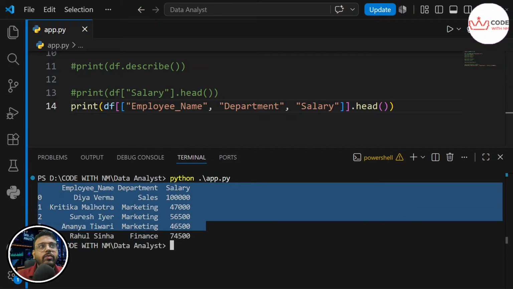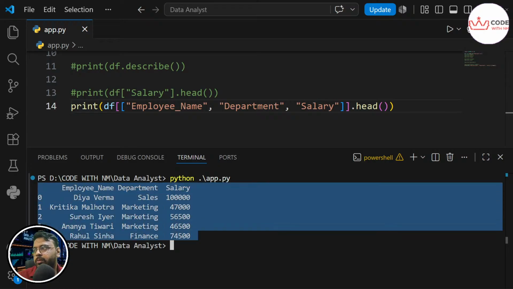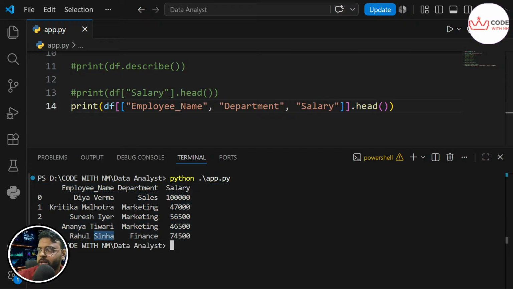So this is how we select multiple columns, and if we want to do some arbitrary things or change the value, update the value, update the department, update the name, we can do it. In the real world, your manager doesn't want all the 10 columns, rarely do they want all the 10 columns.